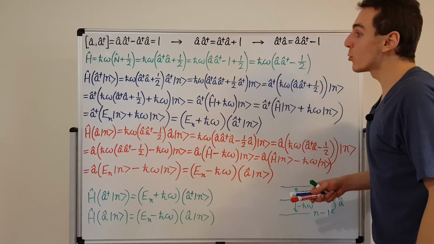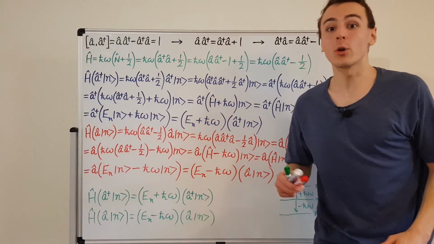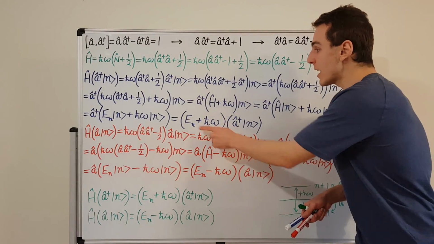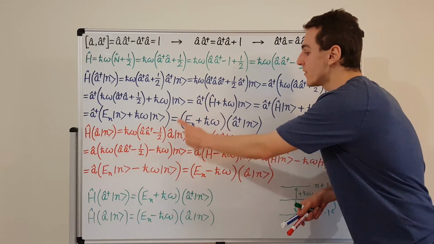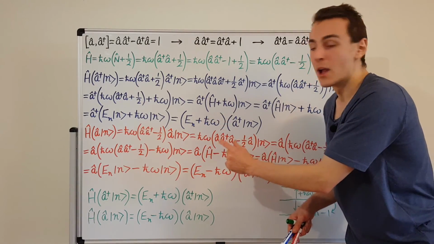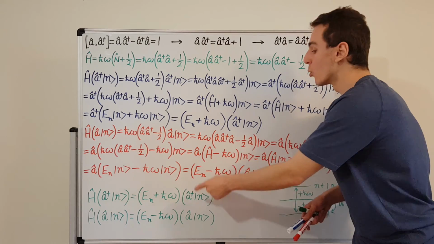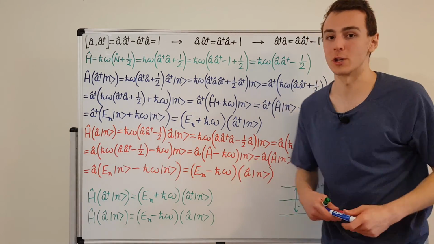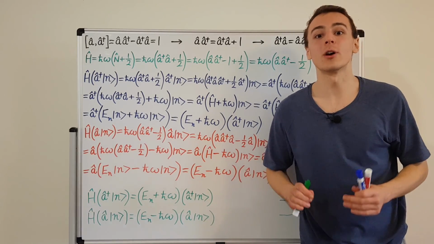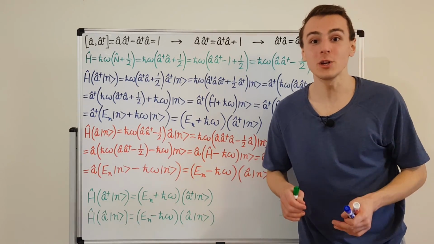And in the next video, we're actually going to find out what all of the energy eigenvalues are. We're going to find a general expression. So over here, we don't have a general expression yet. We just have the fact that we're raising and lowering by h bar omega. But what we're going to see is this is consistent with the eigenvalues of the Hamiltonian. In the next video, we're going to find the specific expressions for the eigenvalues of the Hamiltonian for the quantum